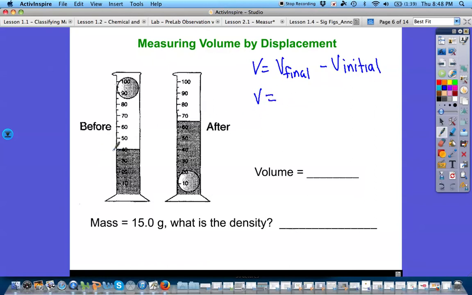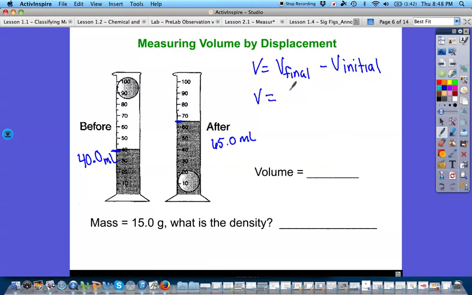So our volume is 40, goes up to 40, 45, 50, so we know to the ones place. So we need to estimate to the tenths place. So since it's right on there, we're going to say 40.0 milliliters. After you put it in, it looks like it is right at 65.0